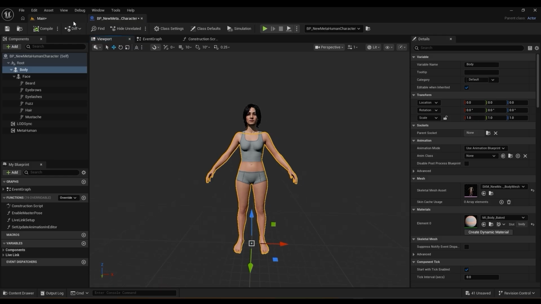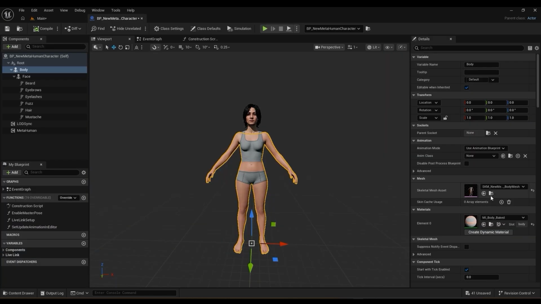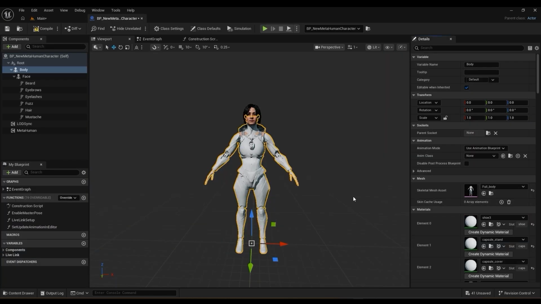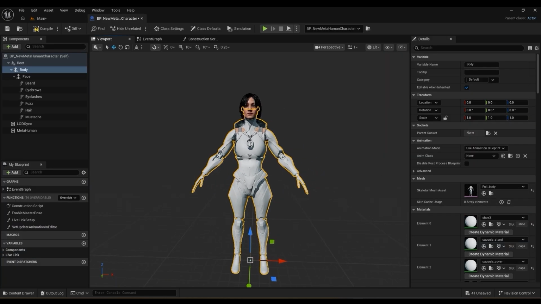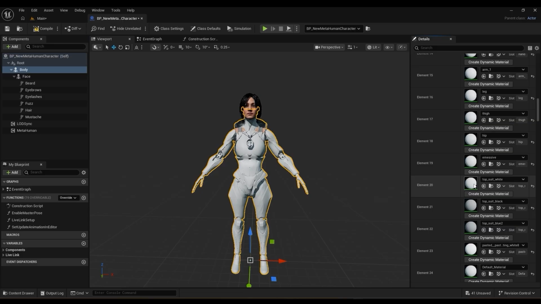Inside the blueprint editor, select the existing body component. Then in the content browser, select the custom suit skeleton mesh that we just imported. Return to the blueprint editor and replace the default body mesh with the custom suit by assigning it to the body component. After replacing the mesh, the character will now use the custom suit while still retaining all of the